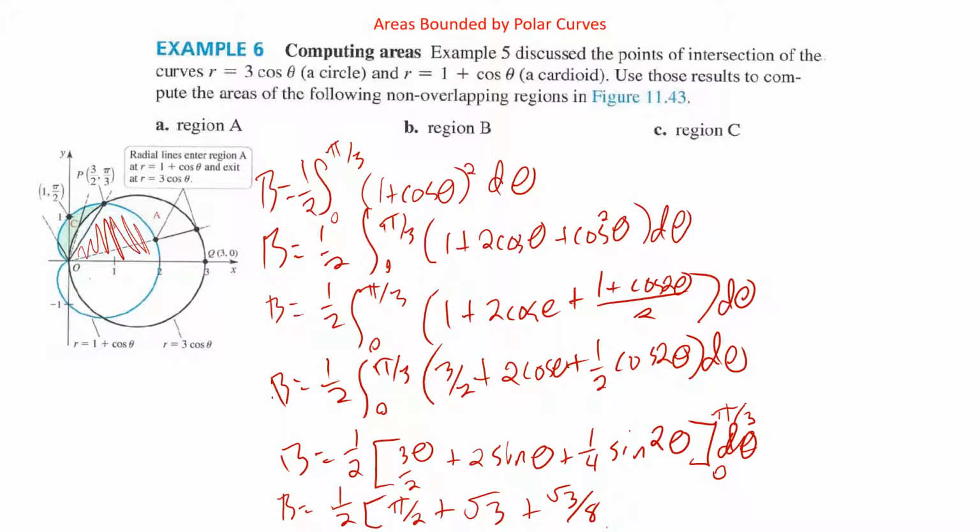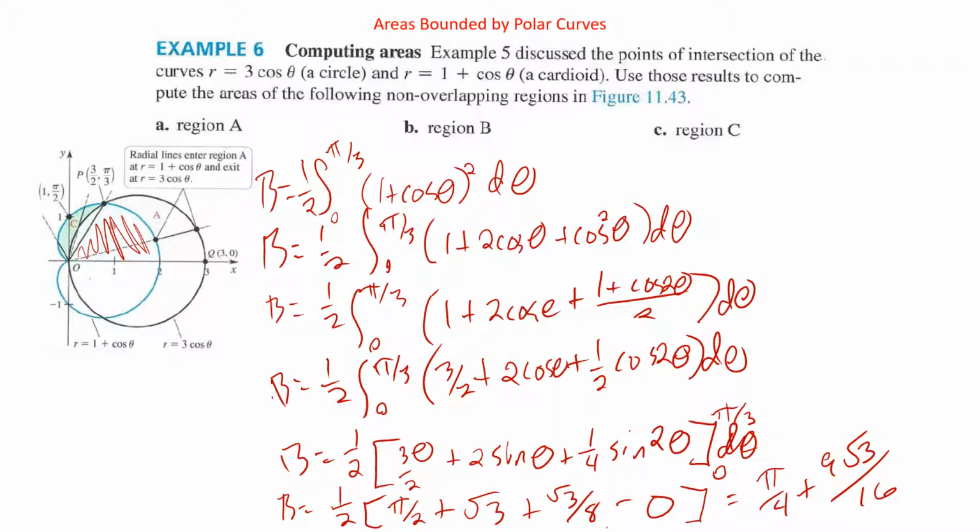And then minus, when we plug in zeros, we get just a whole bunch of zeros. So we have pi over 2 plus root 3 over 8. That would be 9 root 3 over 8 plus pi over 2. Multiply through the 1/2, we'll get pi over 4 plus 9 root 3 over 16 is going to be the area of that part of the